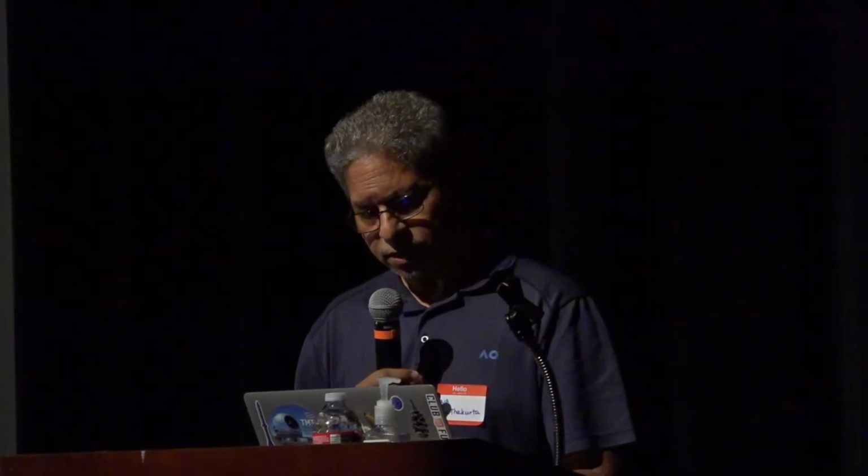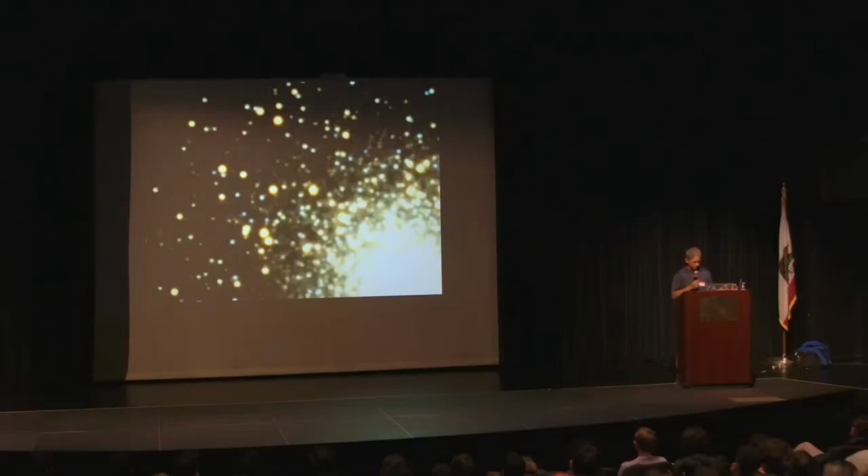So I study clouds of gas and dust in the Milky Way. I study them in other galaxies as well. And I also study stars. And this is a family of stars, a star cluster. Again, it has this beautiful name of Messier 3, M3. And the kind of stars I'm interested in are called RR Lyrae. And if I point my laser pointer to this star over here, you'll notice that in this time lapse, it's not steady in brightness. It's going up and down in brightness. These are a special class of stars called RR Lyrae.